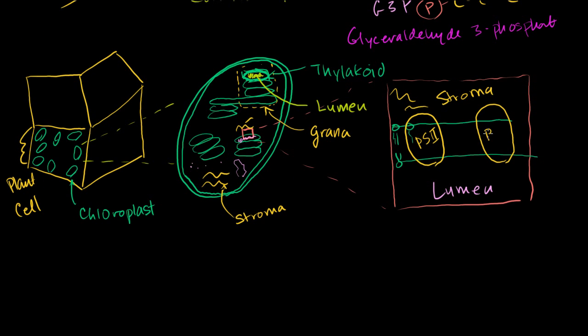Then you also have photosystem 1, and then you have other complexes. You have the cytochrome b6f complex, and I'll draw that in this color. Maybe I'll do it in a different color right here. I don't want to get too much into the weeds, because the most important thing is just to understand that you have other protein molecular complexes here that also span the membrane. But I'll tell you the general idea, and then we'll go into the specifics of what happens during the light reaction, or the light dependent reaction,